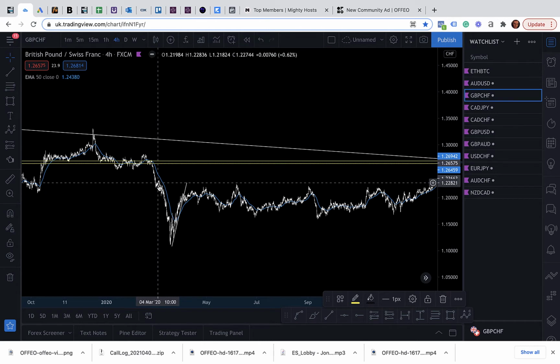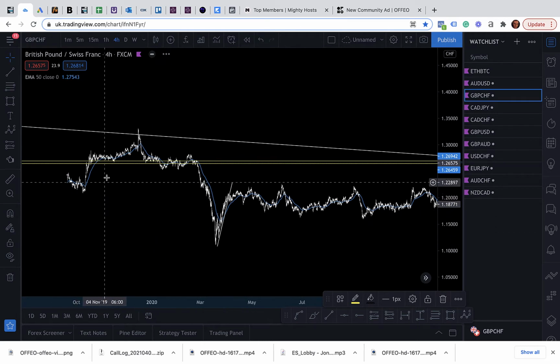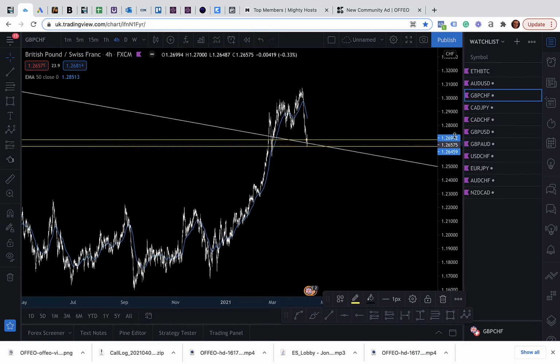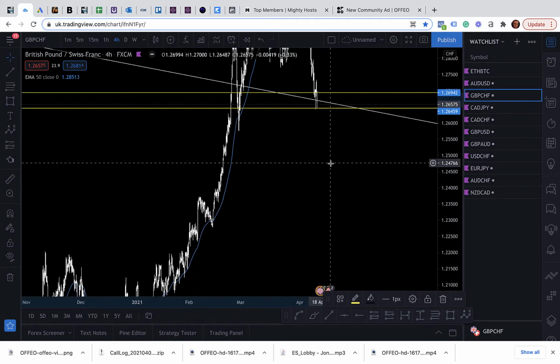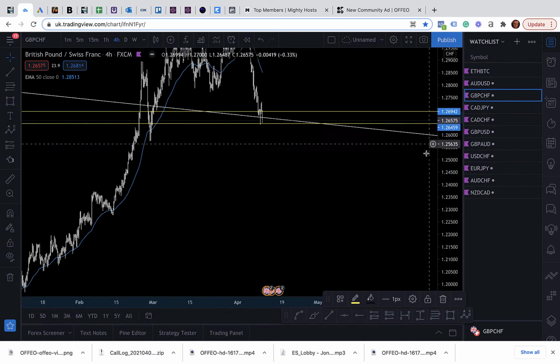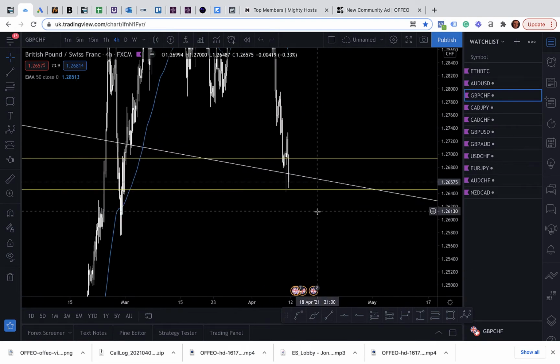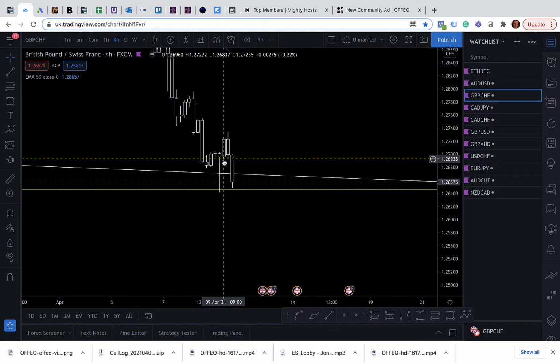We had a massive push down. As you can see here, multiple great touches, so we know this is a really significant level, and it's coming back in line perfectly with this zone here. But let's really zoom in to see what's been happening. We had a massive rejection, which obviously is inviting buyers. So this candle and then this big strong bullish candle here would have been a great entry point, but we